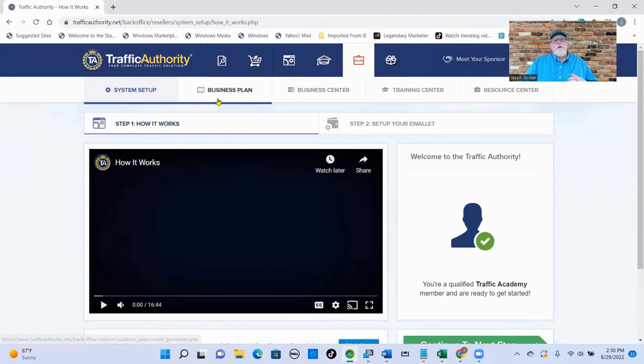All right. So whenever I buy traffic, and TA is really good traffic. So Traffic Authority is a leader in the traffic business. Very good leads come out of Traffic Authority. A lot of buyers come out of Traffic Authority. I myself always have traffic running in the background all the time from Traffic Authority.